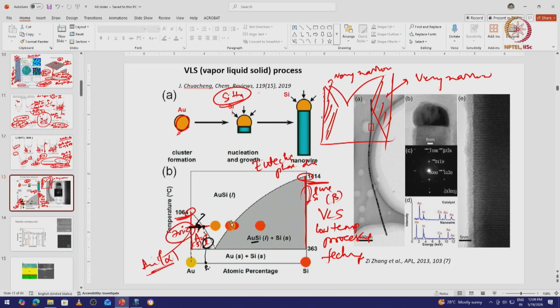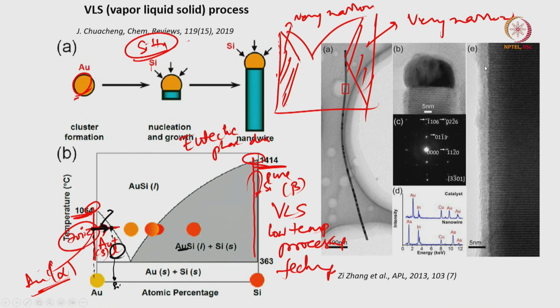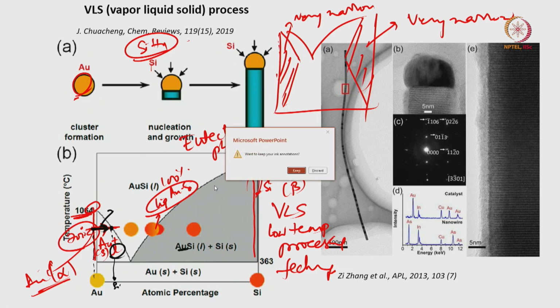At this point it completely becomes liquid gold silicon, 100%. No solid gold anymore. So all gold has converted to liquid, but it is an impure liquid. So, all the gold has converted. Let me write it down